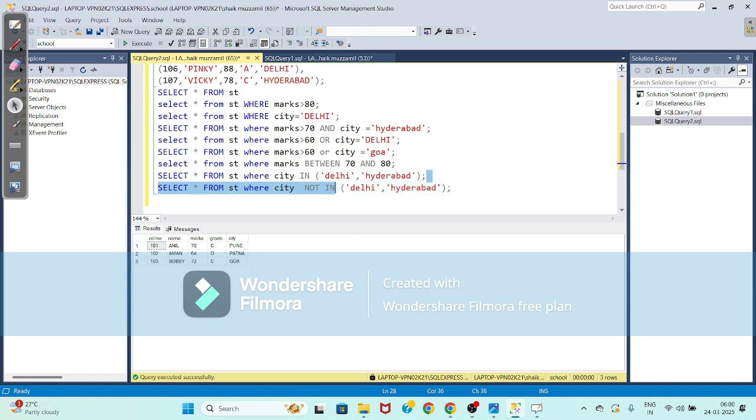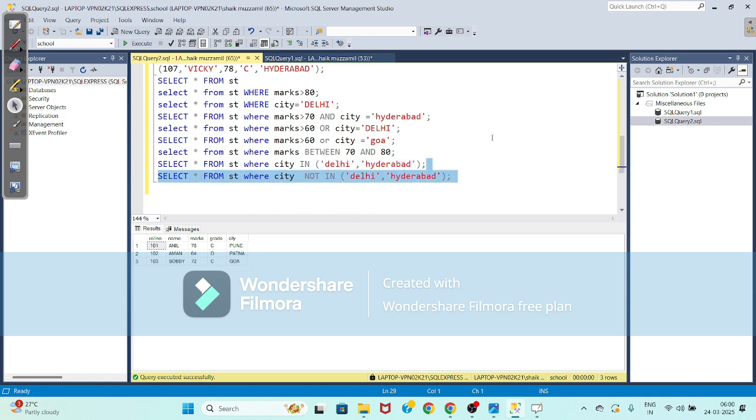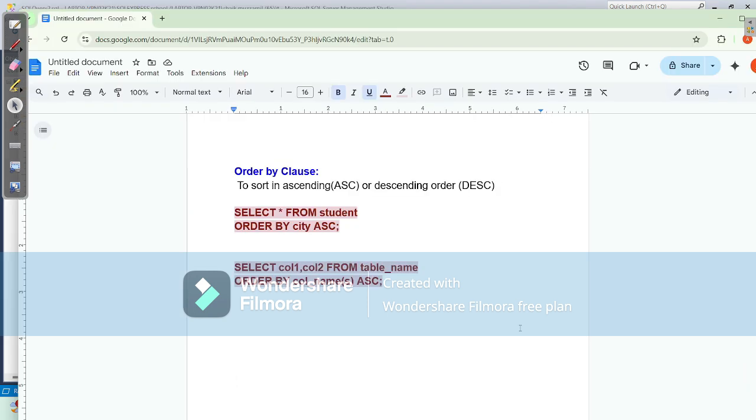That is in and not in. Now the ORDER BY clause, to sort in ascending or descending order. These are the syntaxes used. Select star from student order by city ASC.